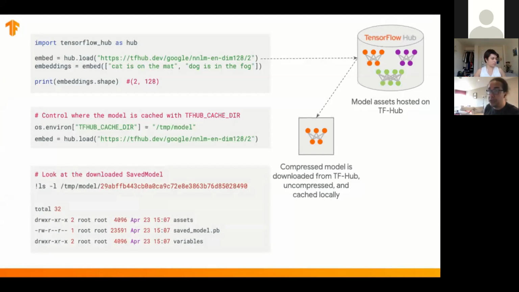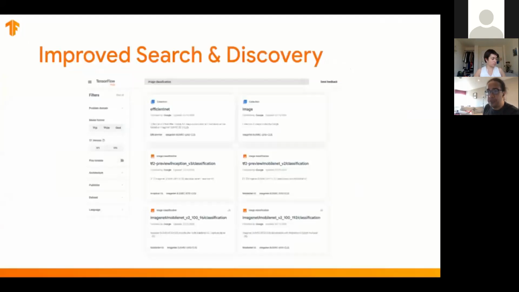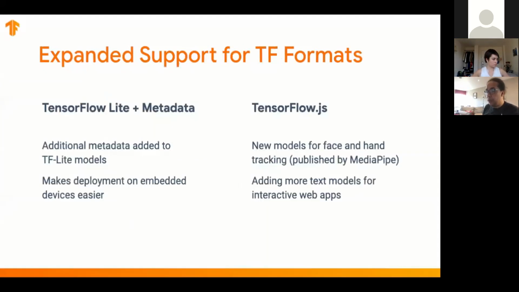You don't need to worry too much about that. Lately, we improved our search, and we are always improving search to make this part of the journey easier. We also put in some filters, if you want to find a TensorFlow.js model, a TensorFlow Lite model, a Coral model, or a model that's TensorFlow 1 or TensorFlow 2, since it has an impact on how you use them. You can filter for all of that, and the search is getting better every day. For TensorFlow Lite users, we added metadata, Android Studio integration, and ML Kit integration. There's a lot of new cool things that we're always improving. TensorFlow.js, same thing. We have new models coming every day.